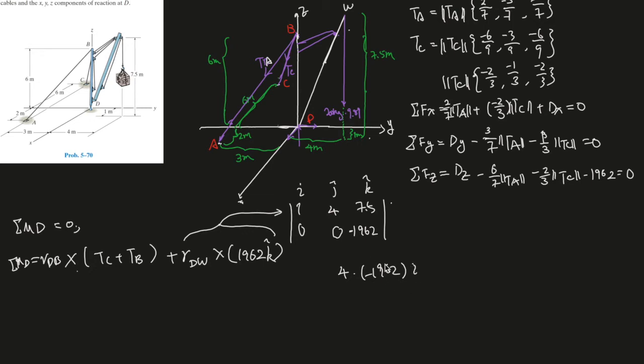This is the i direction, this minus this, 0 times 7.5 equals 0. Cover this, 1, so this is negative 1962. This is the j direction, the i direction, and then for k, 0, 0, which is 0 for k,